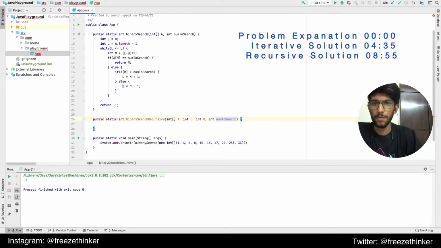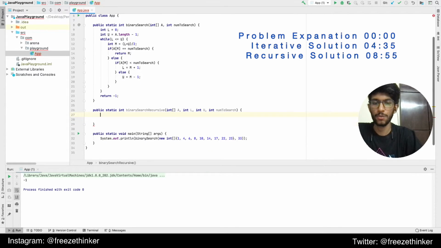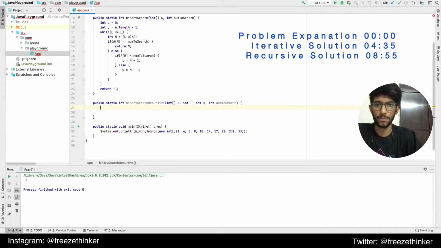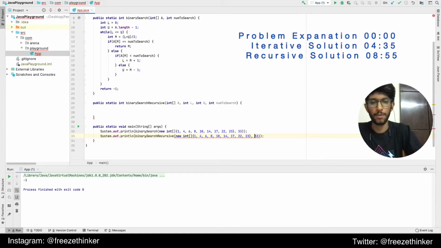What we do is very similar. We start assuming the function is getting called for the very first time, binary search recursive. We pass in the lower bound, which is 0, and the upper bound. Let's say we initialize this array now.